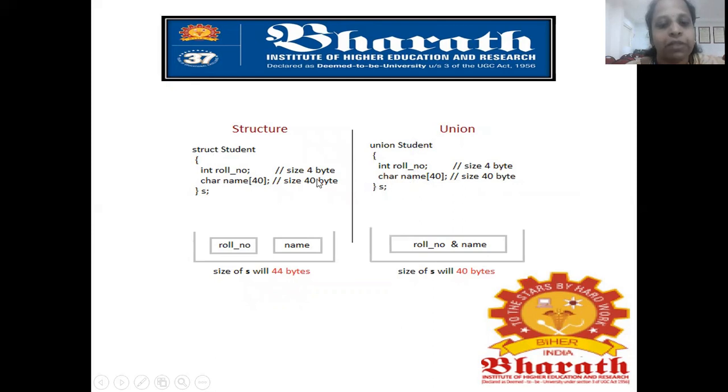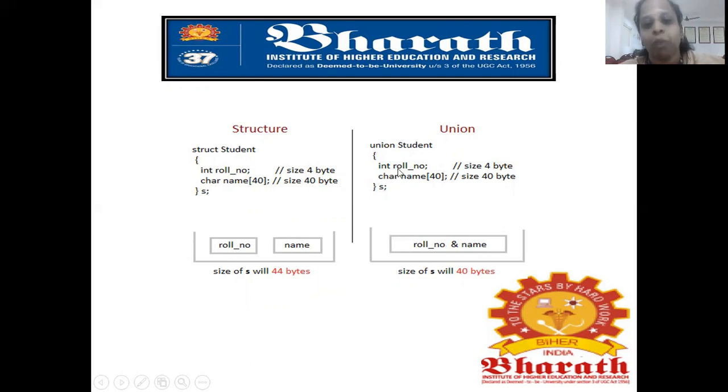Suppose you take an example of roll number. This occupies 4 bytes. Name occupies 40 bytes. Regarding your structure, this is stored as a separate unit. The field roll number is stored in a separate unit in your memory, and name is stored as a separate unit in your memory. But regarding your union, we are combining.